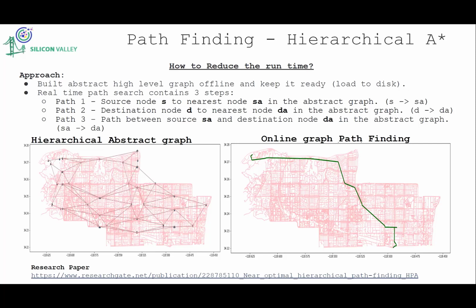For example, let's consider a small graph. Suppose we have 4 clusters, A, B, C, and D. And let's say they are arranged in a row. So A has the neighbor B, after B we have the cluster C, and after C we have the cluster D. So let's say we have a source in the cluster A and a destination in the cluster B. So what this algorithm does is that it has already predefined the entry point and exit point for each clusters. So if you want to cross a cluster, then it will take the shortest path or the safest path from the entry point of that cluster to the exit point of that cluster,